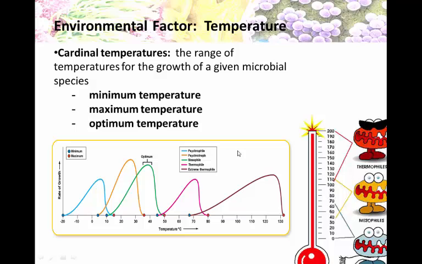Okay. Below are some examples. I refer to these as the file terms. Yes, you need to be able to utilize the file terms. Think of me giving you an example of an organism and a temperature that it is most comfortable in, and you should be able to tell me which type of organism or which category of cardinal temperatures that particular organism falls into. Okay? We can see it here. Okay? This being a minimum and this being a maximum. So minus 20 degrees all the way up to about 15 degrees Celsius.